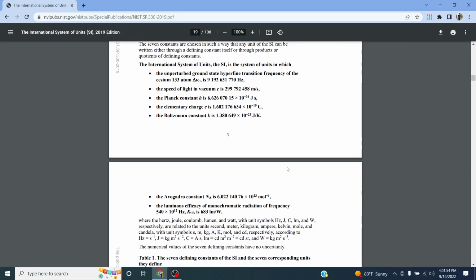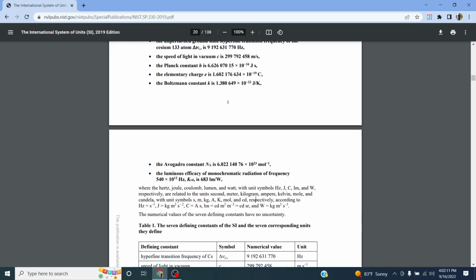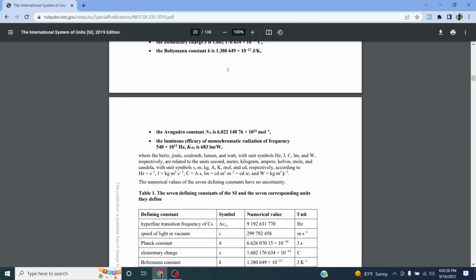The Boltzmann constant, k, is 1.380649 times 10 to the negative 23rd joules per Kelvin. The Avogadro constant, N sub A, is 6.022140076 times 10 to the 23rd moles to the negative 1 power. The luminous efficacy of monochromatic radiation of frequency 540 times 10 to the 12th hertz, K sub cd, is 683 lumens per watt, where the hertz, joule, coulomb, lumen, and watt